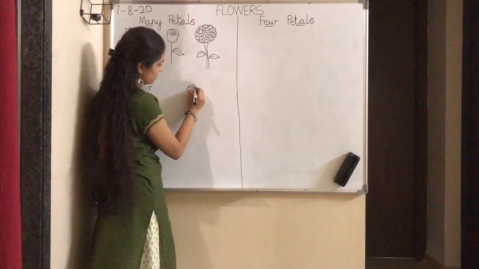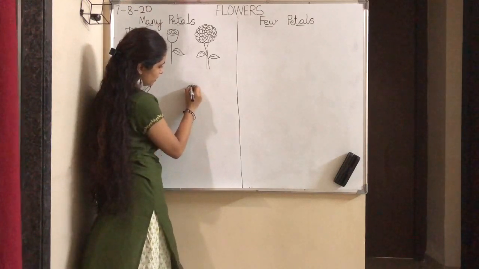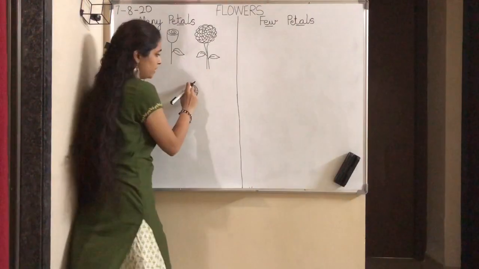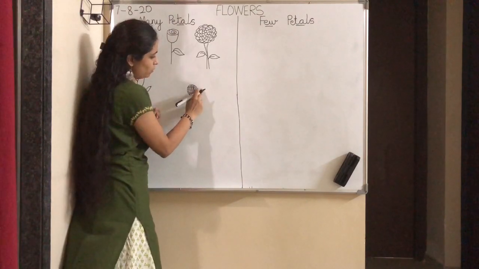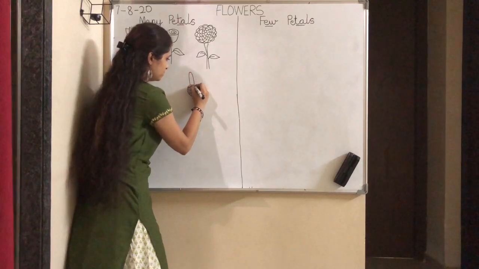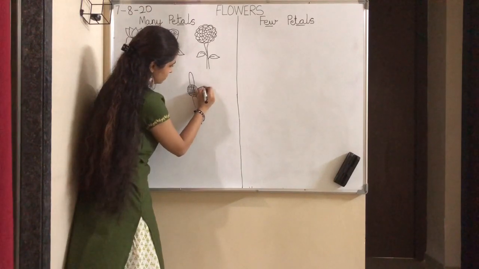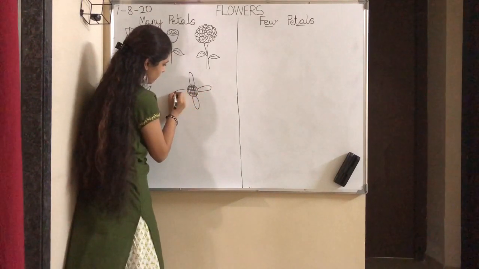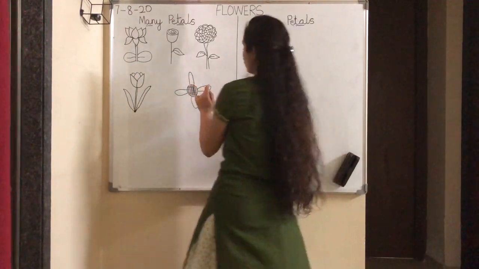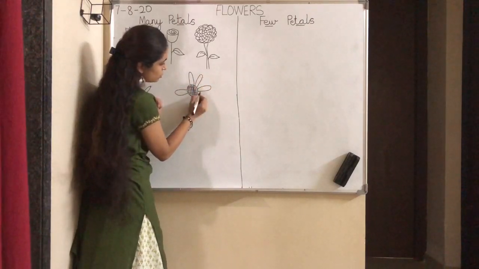Okay kids, now let's draw the sunflower. Circle, sleeping lines, standing lines. Now let's draw the petal. One petal you will draw here, one here and one here. Come on, let's draw one petal here, one petal here, one petal here and one petal here. 1, 2, 3, 4. Then between these two petals you will draw one petal. Between these two petals draw one more petal.